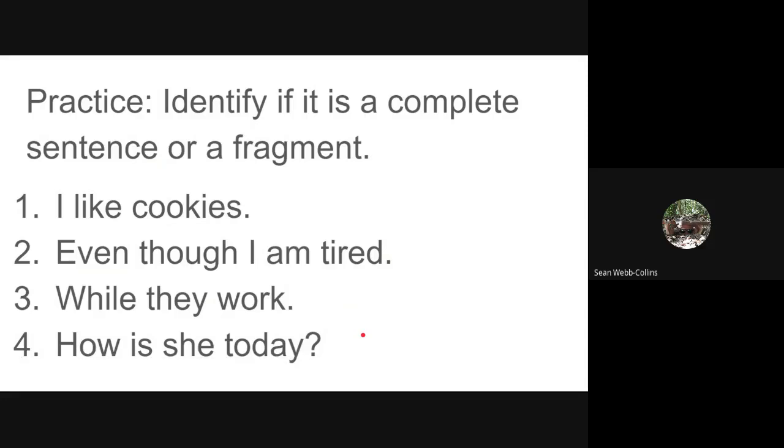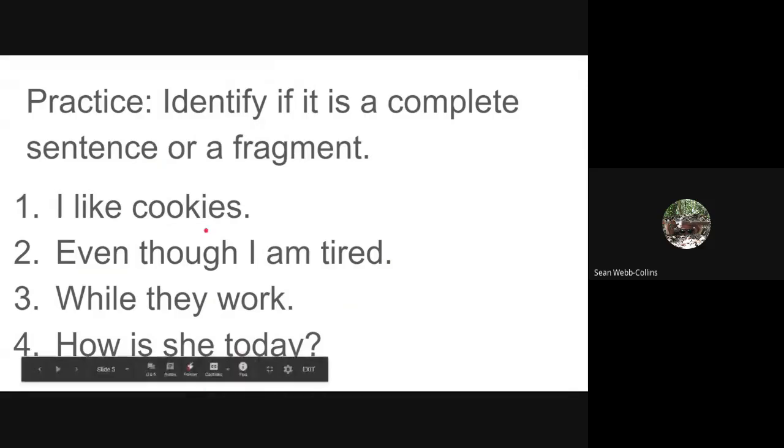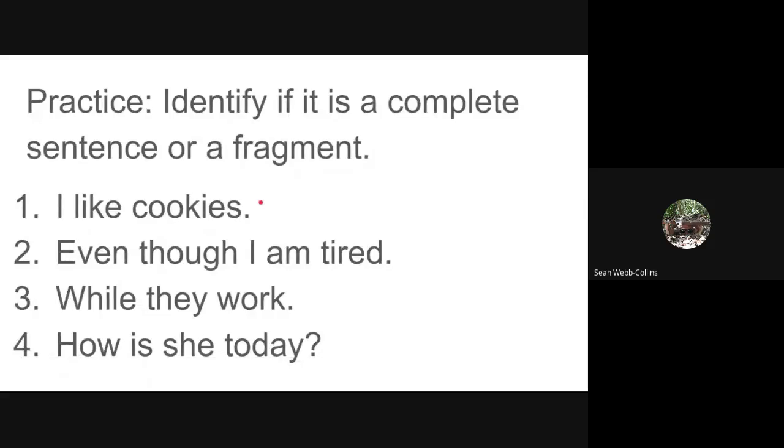So I'd like you now to just take out a pencil or paper, or take a snapshot of this slide, and take a note of which sentences you believe are complete sentences, that is, those that are independent clauses, and which are dependent clauses, meaning that they are incomplete or fragments of a sentence. So please pause the video now to take a screenshot and practice by identifying if each of the sentences is a complete sentence or not. I'll give you 30 seconds to pause the video.